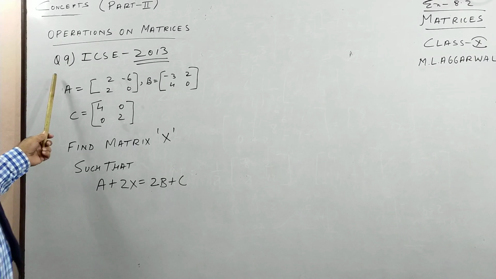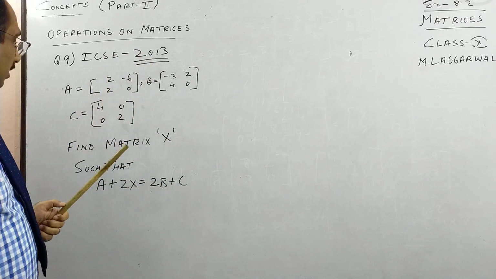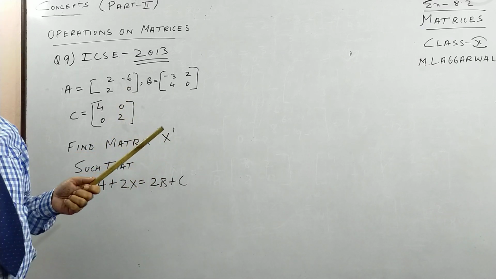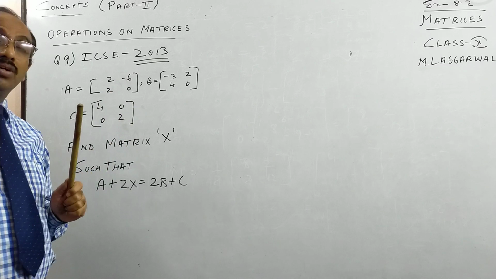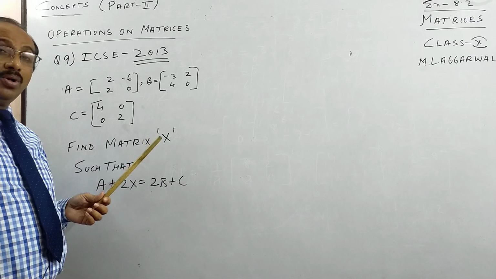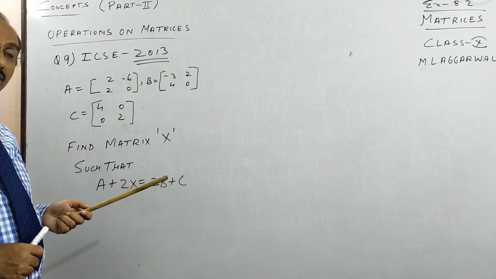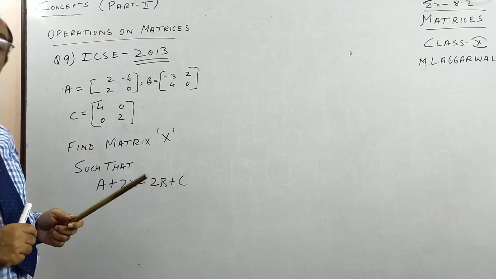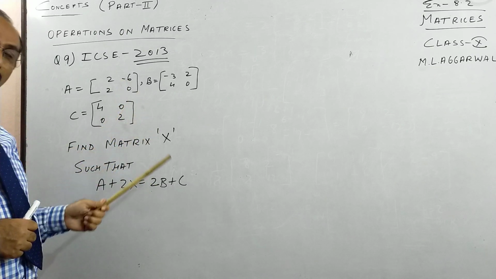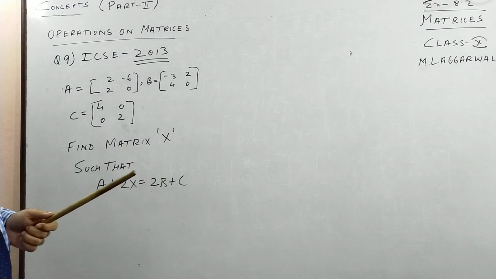Next we move on to question 9 of exercise 8.2, which is ICSE 2013. So children, sometimes you have an easy question like this. They generally carry 3 marks, and generally every year you have one question on matrix multiplication. Practice them, they look easy. Many children get wrong answers because of overconfidence. This is an easy chapter, but you need to practice. Especially in matrix multiplication, a lot of silly mistakes are made by children. So this is a cakewalk, a very easy topic, but do practice the fully solved and unsolved ICSE